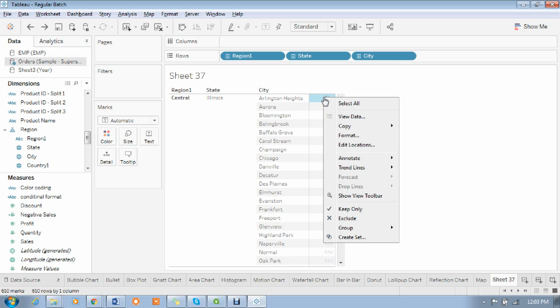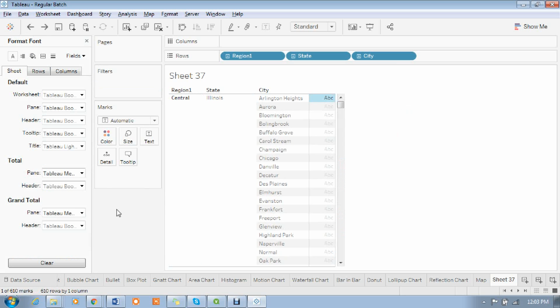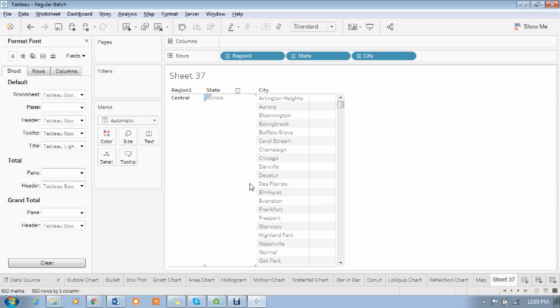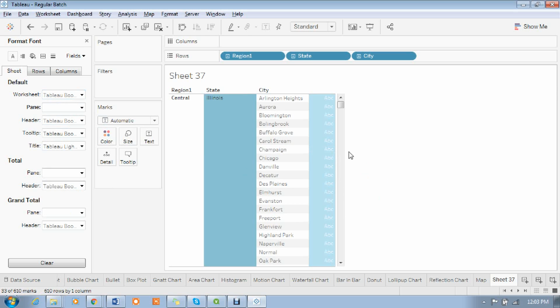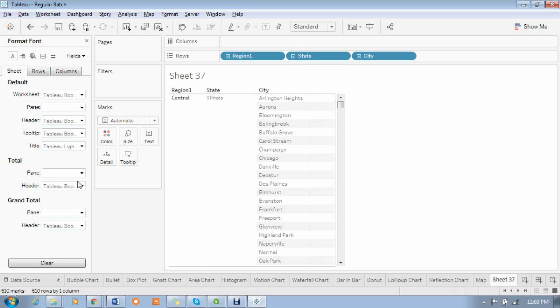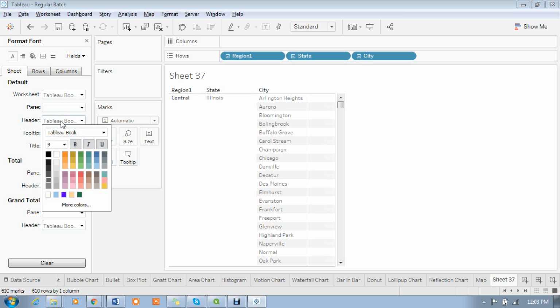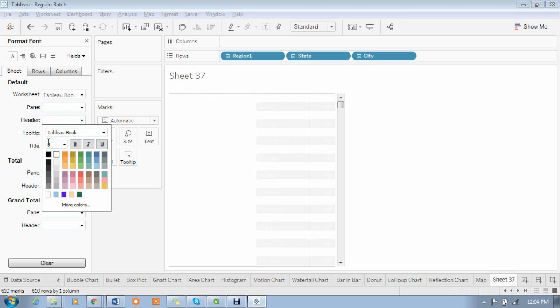What we can do, madam, is simply format it. Okay, if I go to plain color, it is not, and header also we can, it came for all.